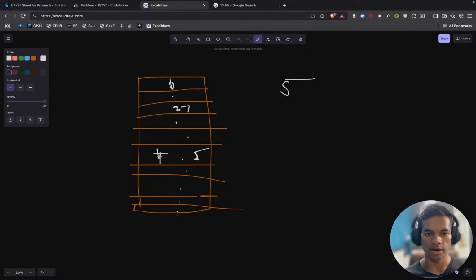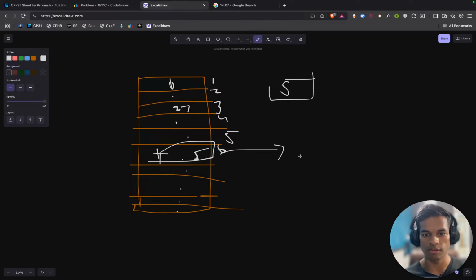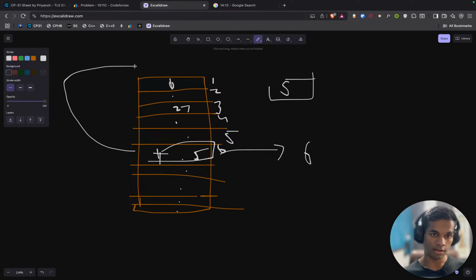So let's say I find this card, which has the same color as my query. So I print out its index. Let's say index for this is 1, 2, 3, 4, 5, 6. Index for this thing is 6. So my output is 6. But after that, I have to take this and put it at top, which means that the new index for this card which has 5 is 1, and index for all of these cards have changed.